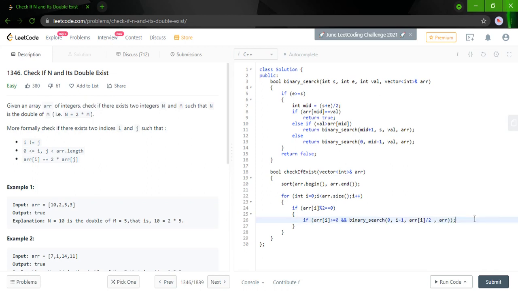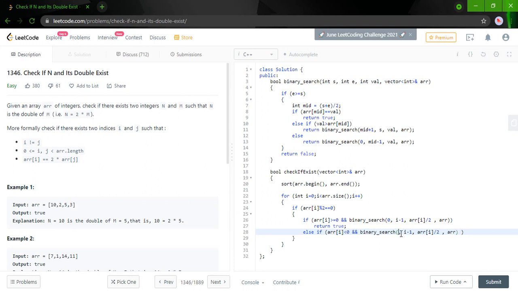I don't know if this is a good practice, but I keep all the naming conventions the same. Okay, so we have covered that. Then we have to return true. Else if arr of i is less than 0. If a number is less than 0, then its half will be greater than it.